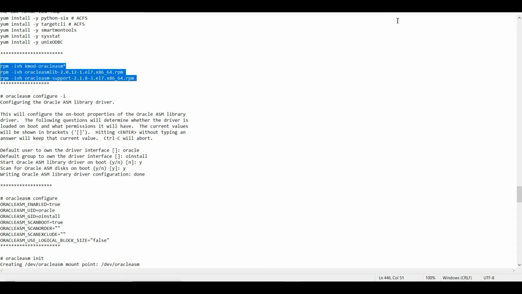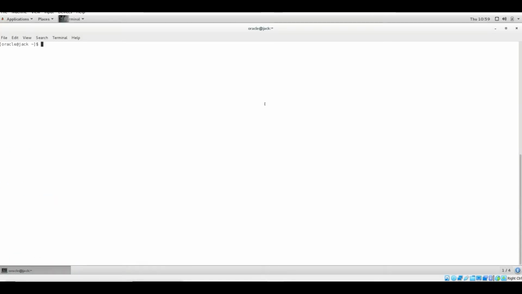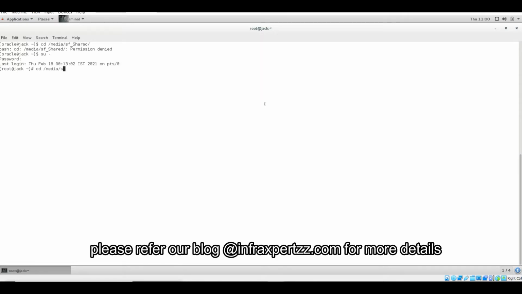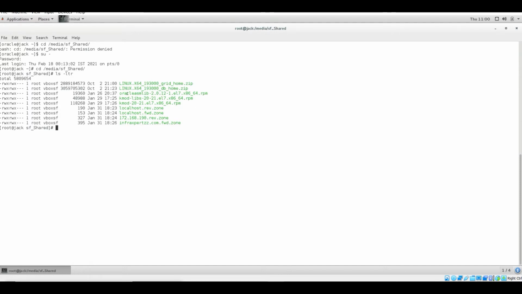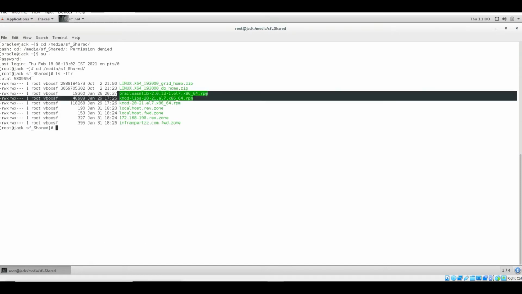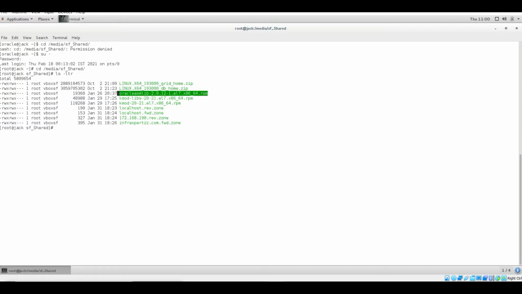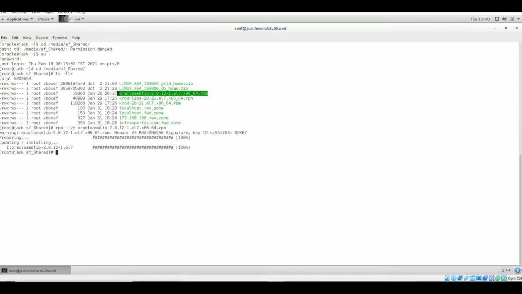Let me first go to media, and I need to be with root privileges. Go to media and install this software, this RPM: rpm -ivh oracle. So this has been installed.